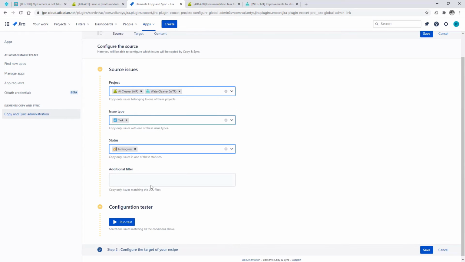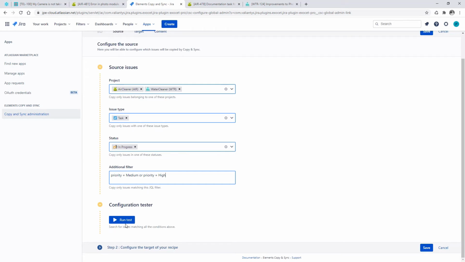Here, we can also add a JQL filter if needed in the additional filter field to retrieve exactly the issue we want to be able to copy. As an example, I'm going to say that only issues with the priority medium or the priority high can be copied by the recipe. Finally, at the bottom of this page, we have a configuration tester, which can be used to find the issues that match the configuration.